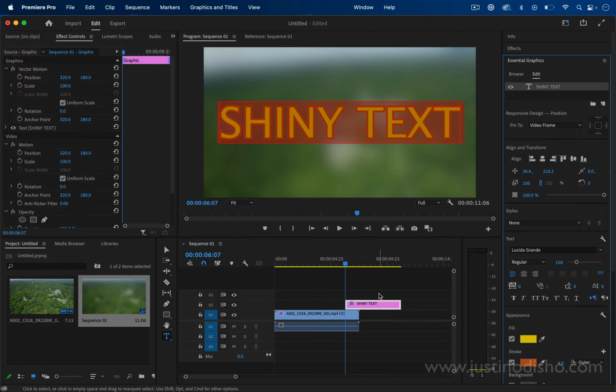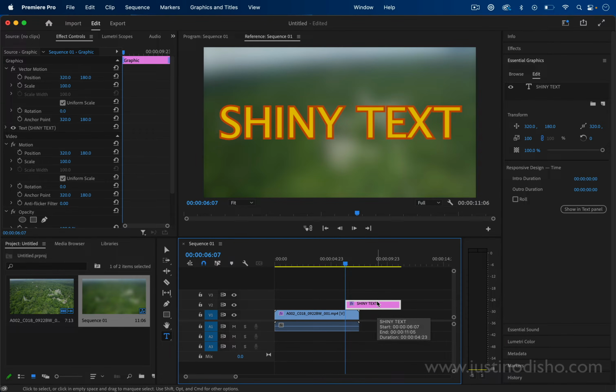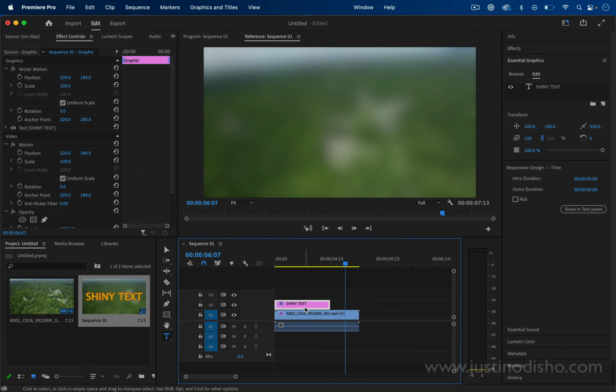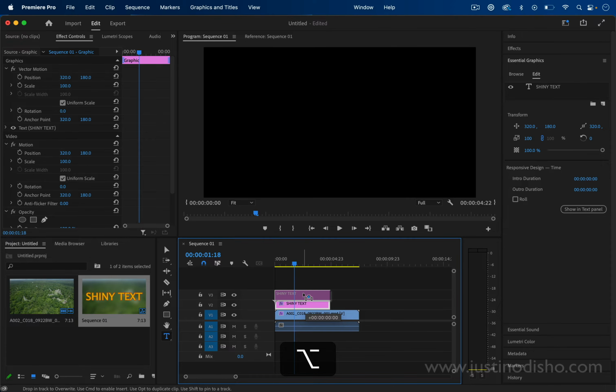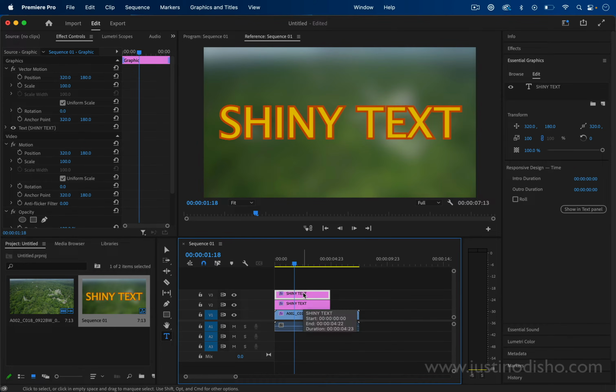Then I'm going to take this new text graphic layer that we've created. I'll move it into place wherever I need it to be. And I'm just going to quickly duplicate it by holding Option, clicking, and dragging. That's just a quick way to copy and paste. So now I have the duplicated layer on top, and I want to make this duplicated layer a little bit